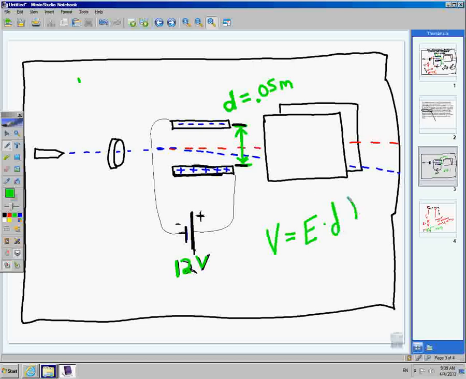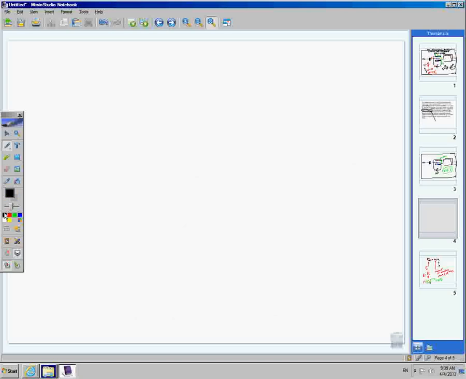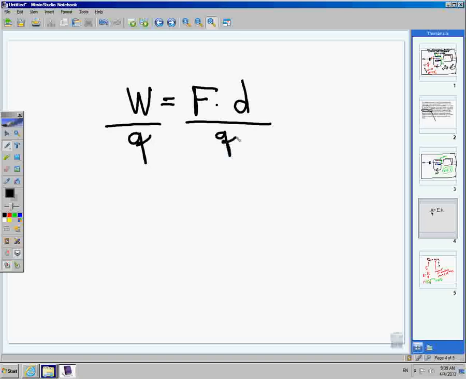If we wanted to see where that came from, let's take a quick look. Remember, work is equal to force times distance. If we divide both sides by Q, because with electricity we like to talk about the work done per charge,